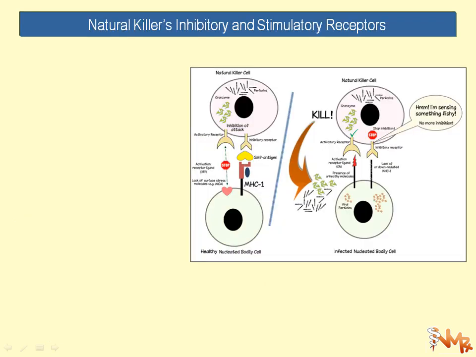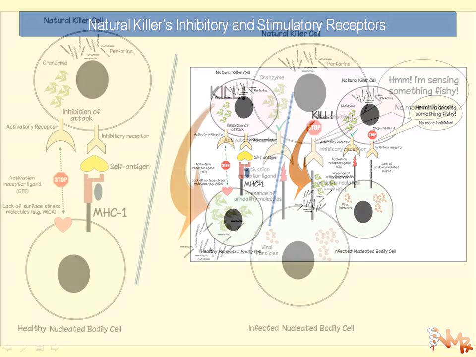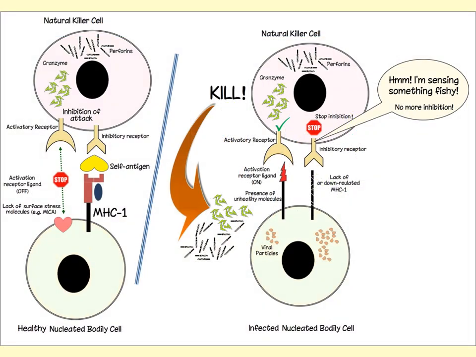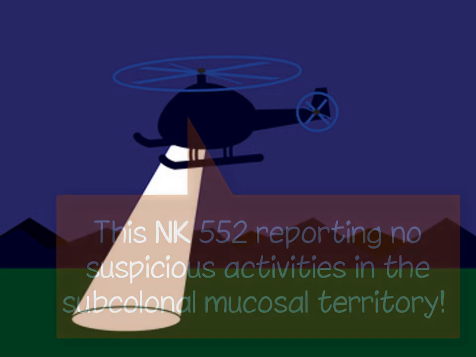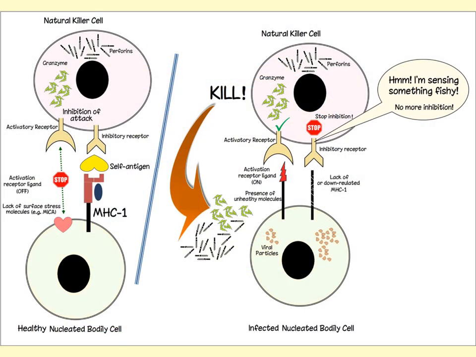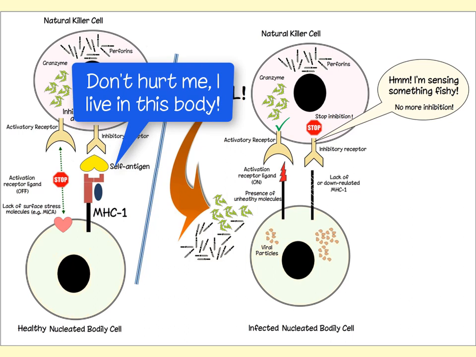Let's look more closely at natural killers' inhibitory and stimulatory receptors. I'm going to be referring to these two cartoon diagrams for you. Natural killer cells constantly survey the blood, lymphatics, and tissues of the body in search of transformed or pathogen-infected cells. On healthy cells, in this diagram, I'm showing the inhibitory receptors, or KIR receptors, which recognize